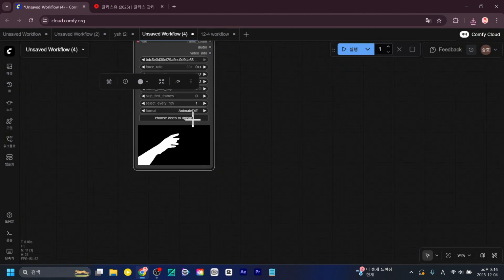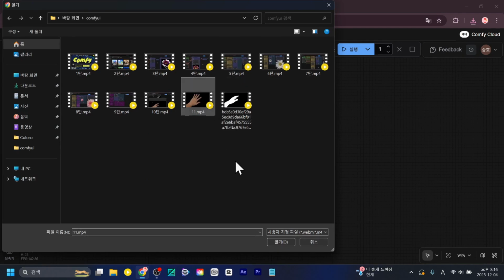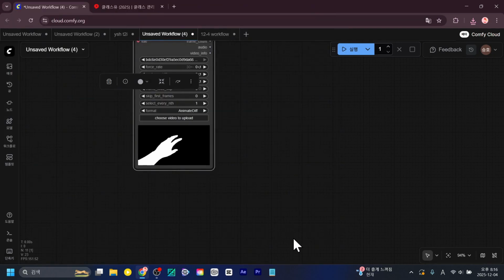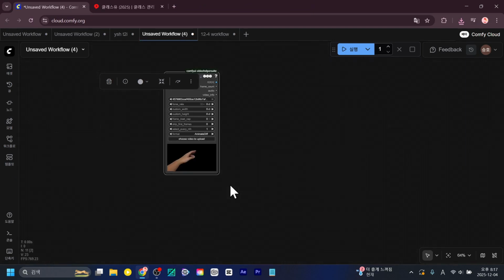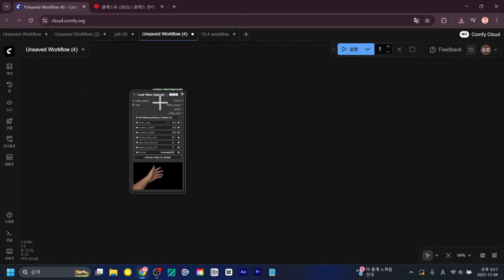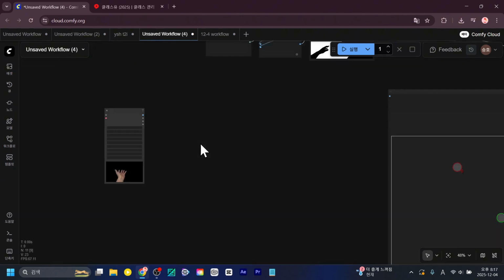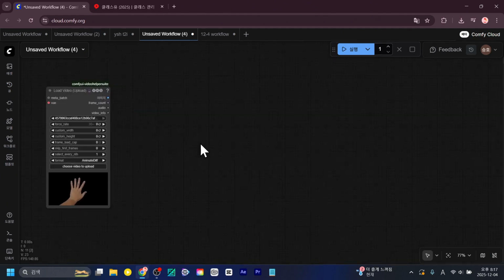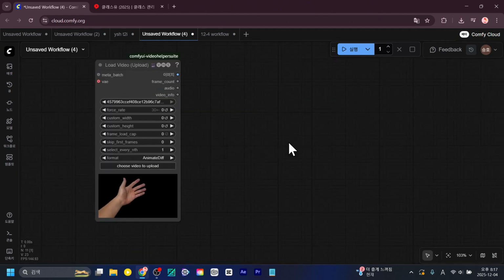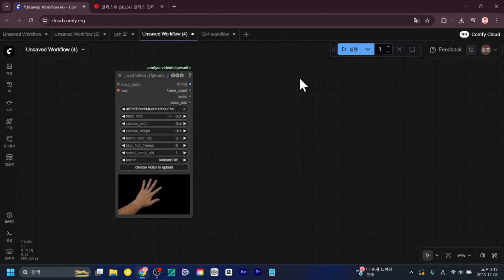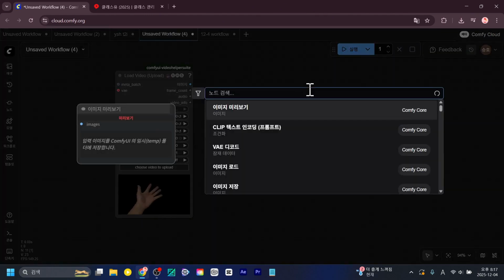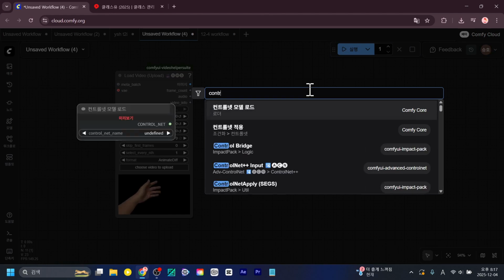Now for load video, we're going to load the specific video file from our system. This is the very same video from which we previously extracted the mask data. Once loaded into our interface, it will appear on your screen, looking something similar to this example I'm about to present. As a practical demonstration, let me show you and explain in more detail what exactly a ControlNet is. For the sake of simplicity, let's just refer to it as control for the moment, understanding that we are talking about ControlNet.